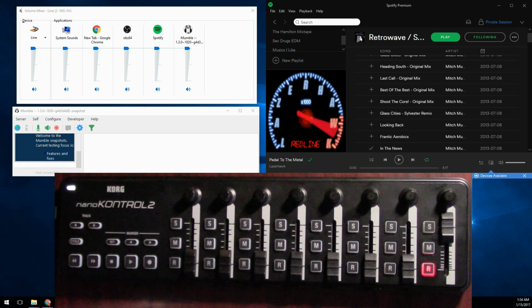For a while now, I've been trying to find a good solution to changing individual application volumes while I'm playing games, especially, or something like that, where I wouldn't want to Alt-Tab or have to deal with actually changing the Windows volume mixer manually. So I've been working on using the nanoKONTROL2 as a control interface for the Windows volume